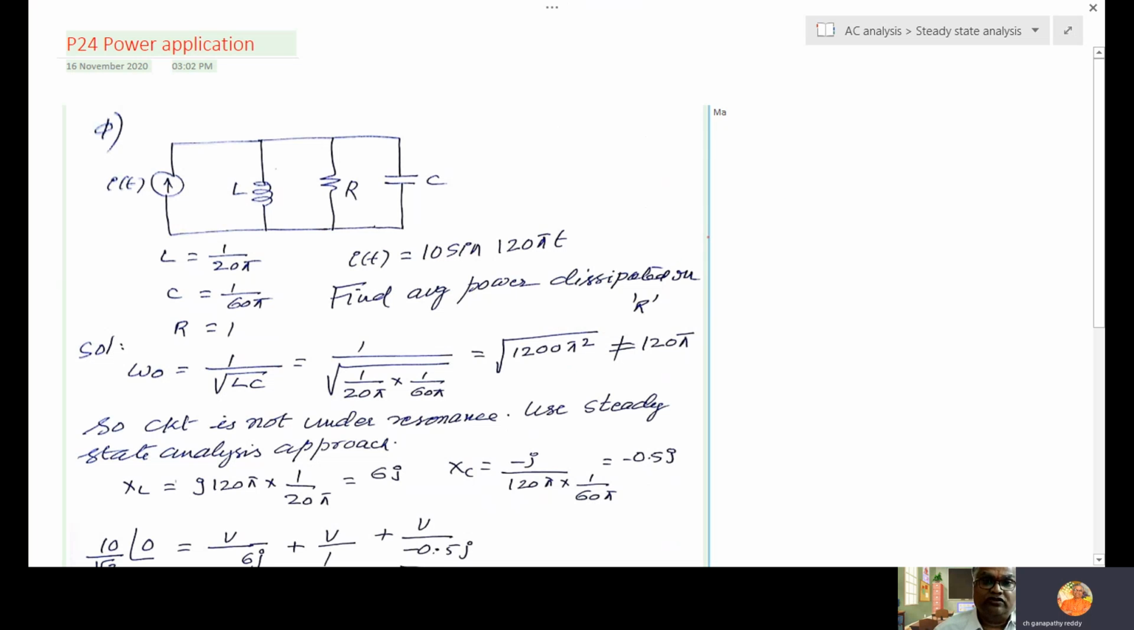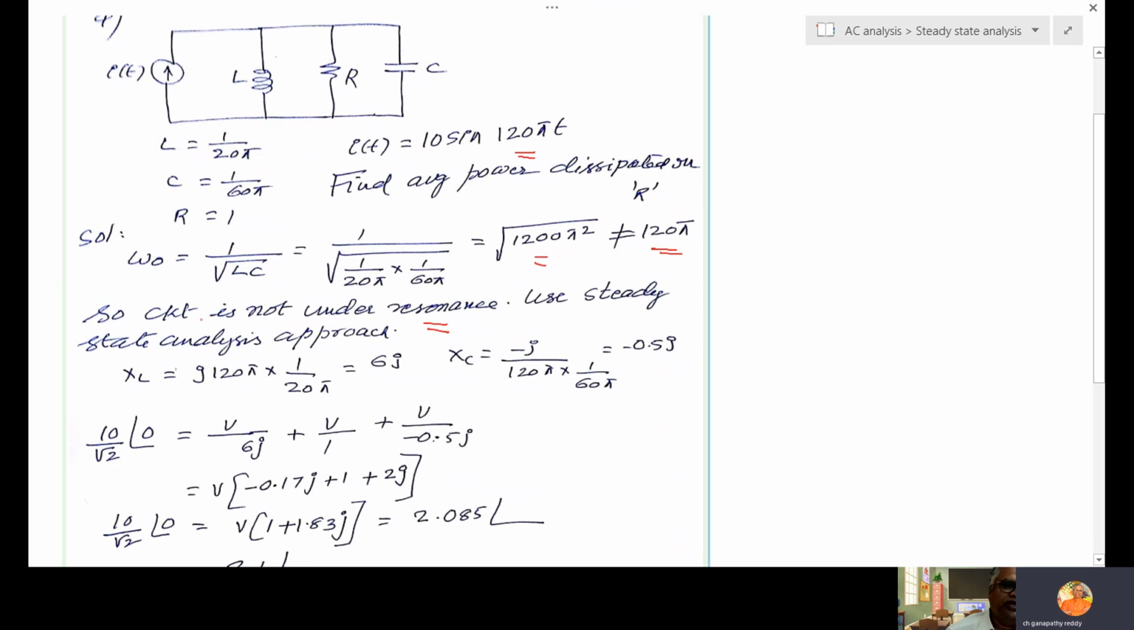This resonant frequency is not equal to 120 pi. What is the input signal? i of t has frequency 120 pi. The resonant frequency coming is this much. So they are not equal, which means the circuit is not under resonance. So using steady state analysis approach, find inductive reactance 6j, capacitive reactance minus 0.5j, then use